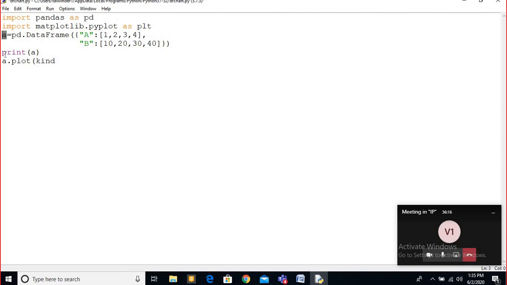Then we have to use this data frame name, that is a dot plot kind is equal to bar. Okay, so kind is equal to bar. If you want to give the title to this, then you can give, that's your wish. Say let it be plot bar chart, that's it. I'm giving the title for this.